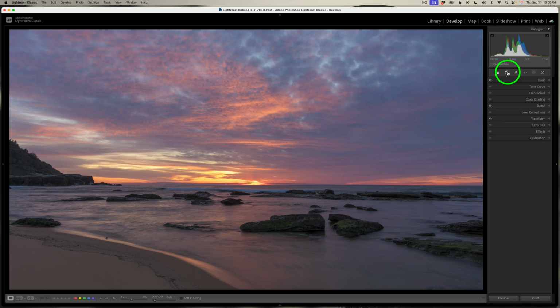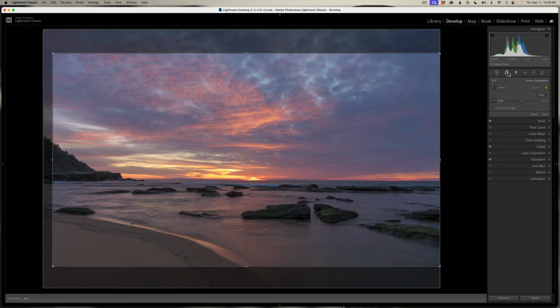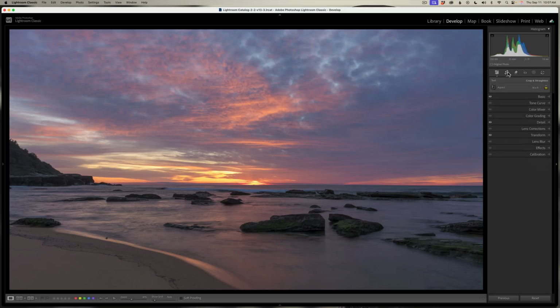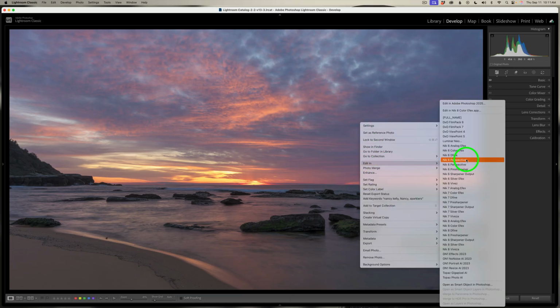And then I did do a crop in this image. I thought this would look nice with a nice 16:9 cinematic crop. So that's what I did. But that is everything I did here in Lightroom. And now all I need to do is right click on the image, go to Edit In, and click on